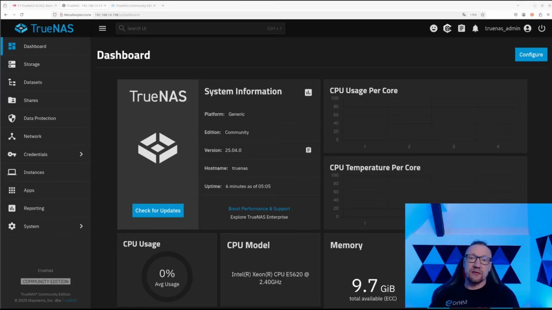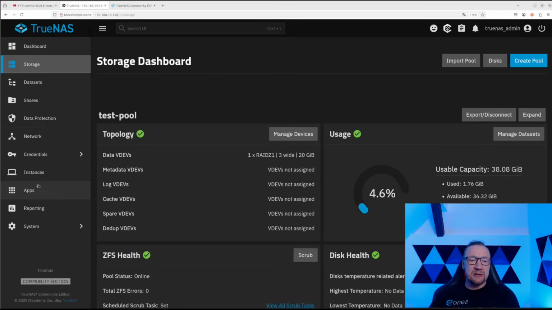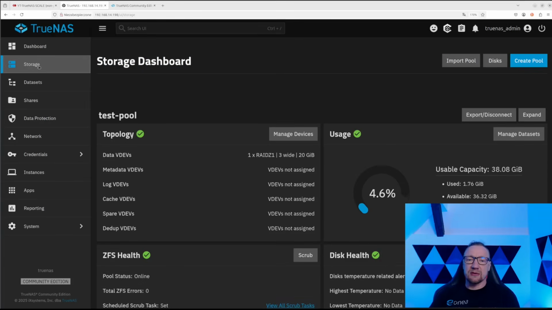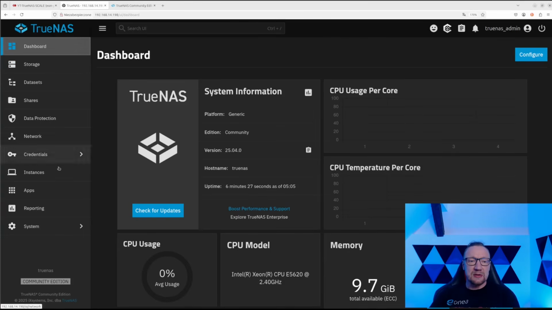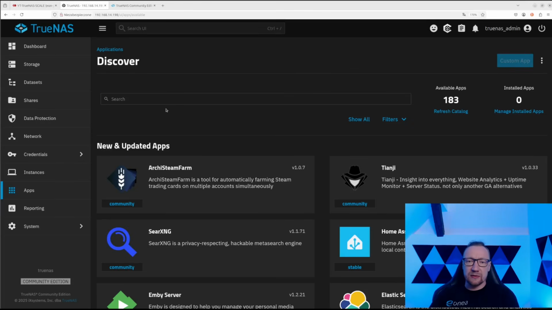Let's start our configuration. We have the newest version, TrueNAS 25.04. It's quite a clean installation. I have only added a pool. There is something in it, but it doesn't matter from the current perspective. There is no application. There is no virtual machine, etc. Quite a clean configuration. So to start, we will go to Apps, Discover Apps, and